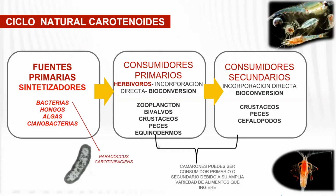It's interesting and important to mention the main sources of carotenoids in the wild, in nature. You have mostly four of them: bacteria, yeast, algae, and sometimes cyanobacteria in that case. Bacteria is, you've got one picture here showing Paracoccus carotenifaciens, which is a source of Panaferd. So only these four